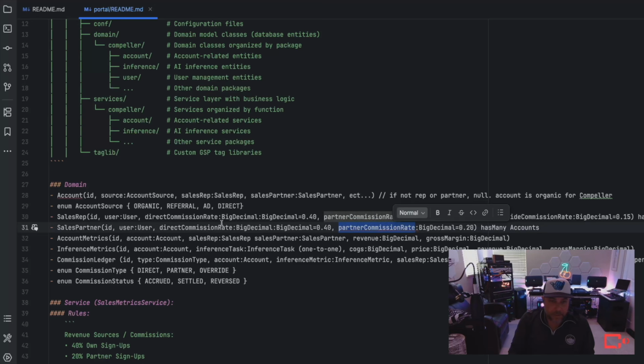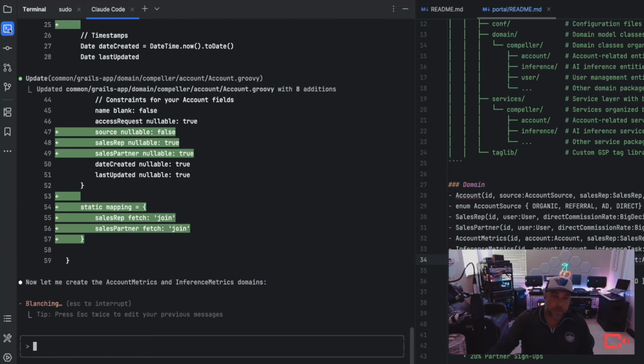Sales partner does keep direct commission. Yeah. So actually, if we change the commission rate, it's nice to have an audit log. That obviously that rate would be on each instance of the ledger, but no, that's great. So we'll leave that. Looking at the account, they're adding in the rep and the partner and using fetch join. I love that.